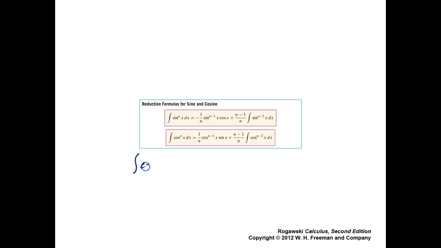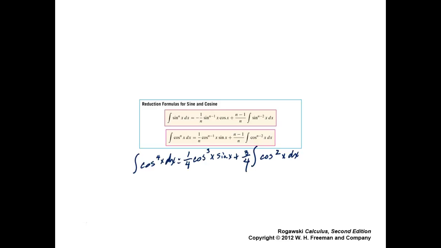So the integral of cosine 4th x dx is equal to what? No, that sign is negative. Cosine is positive. 1 over 4 cosine cubed x sine x plus 3 over 4